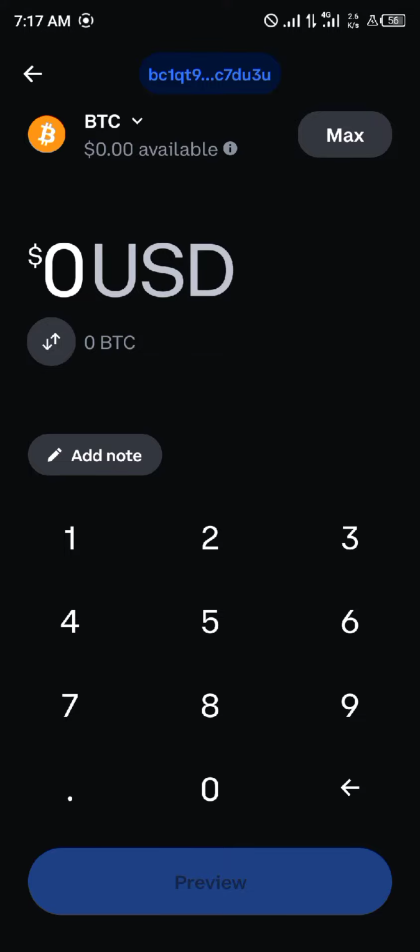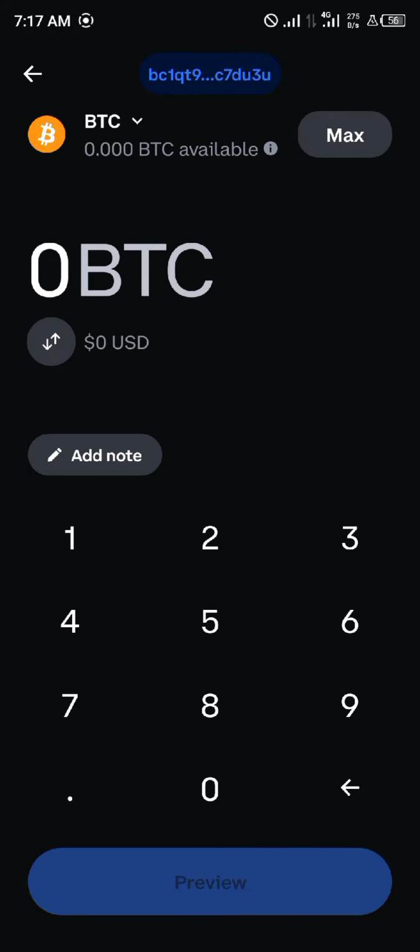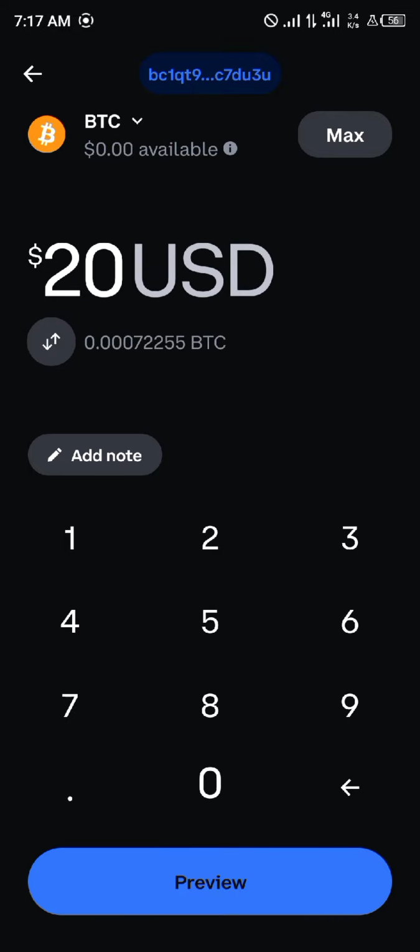send, so you can easily switch between the two. This arrow right here indicates the switch. So we're going to be sending $20 worth of Bitcoin. We simply click on preview,